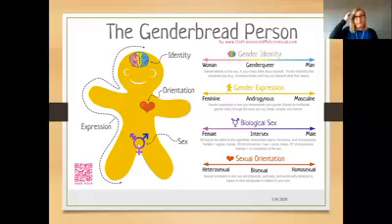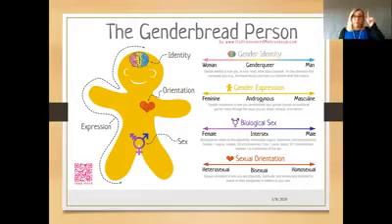has identity coming out their brain. So the brain is the part that tells you what your gender identity is. What do I think I am? So for me, I think I am female, I identify as female. Then the orientation is your sexual orientation. So who do you feel attracted to? Who do you feel like you would like to have as your sweetheart? And for some people, that's the same sex as them, and for some people that's different.